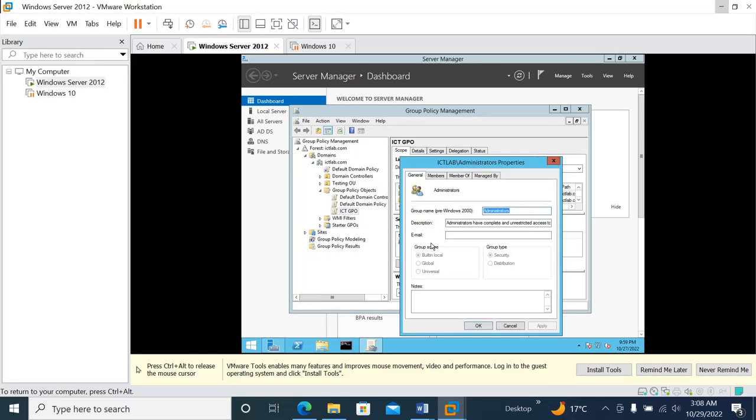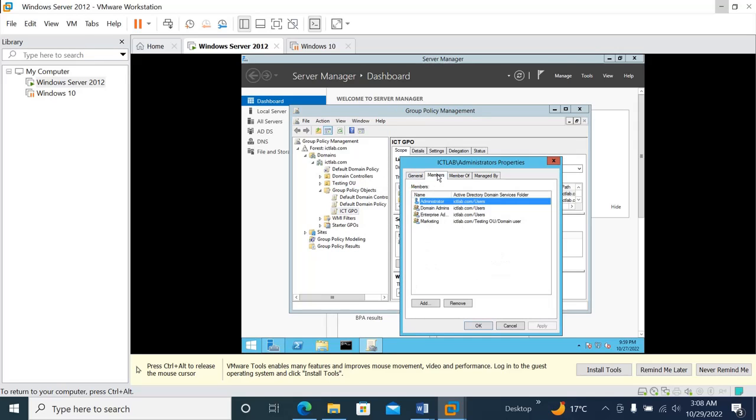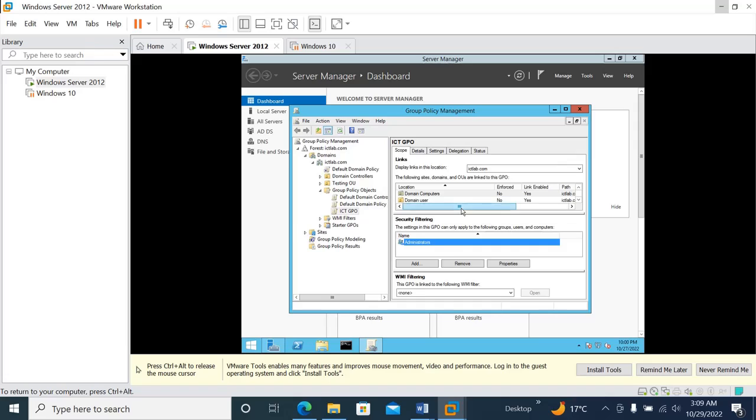You need to double-click on Administrator to find the members of the administrator group. Once I go there, I get to know the administrator group contains users, and Domain Admins is related to users, Enterprise Admins also related to users, so all are related to users. There is no computer related to this administrator group. So